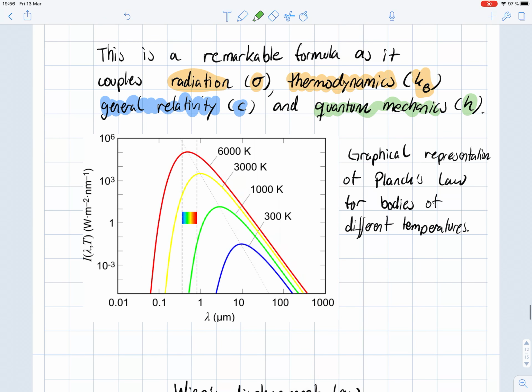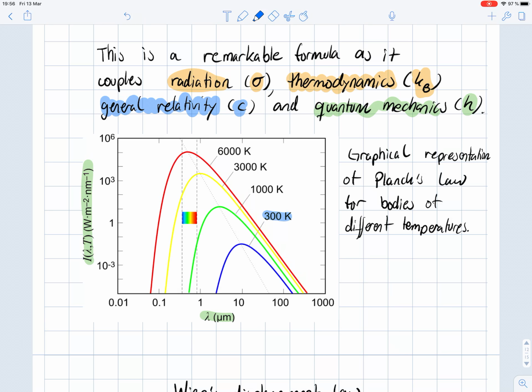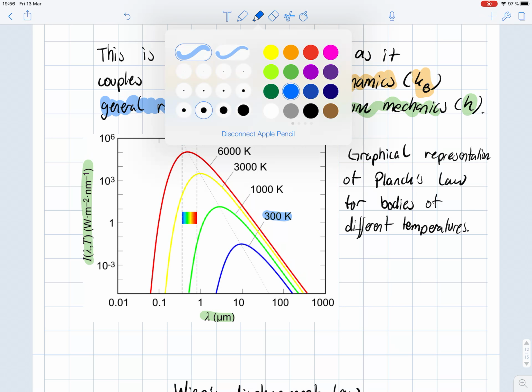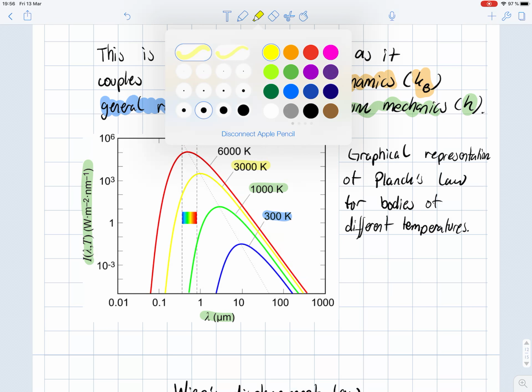Planck's law can also be visualized quite conveniently. What we have here again is the flux density as a function of wavelength for objects with different temperatures. So the blue one here is an object or a black body at 300 Kelvin. The green one is one at 1000 Kelvin, and the yellow one is at 3000 Kelvin, and finally the red